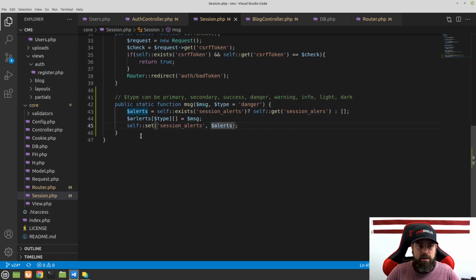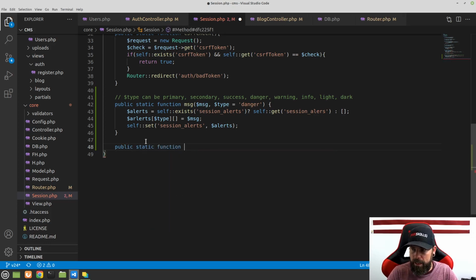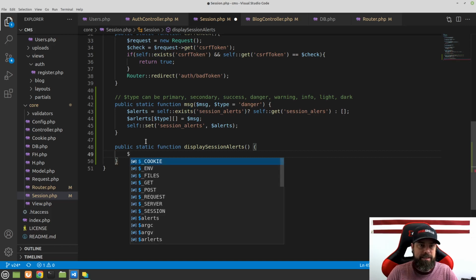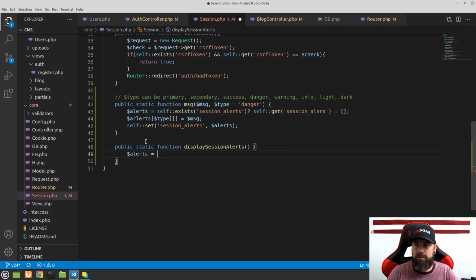So let's now create a way to display the ones that have already been set. We're going to create a new public static function here, and this will be called display session alerts. Okay, and this won't take any parameters. And so what we're going to do here is we need to get the alerts. So we're going to say alerts is equal to self get